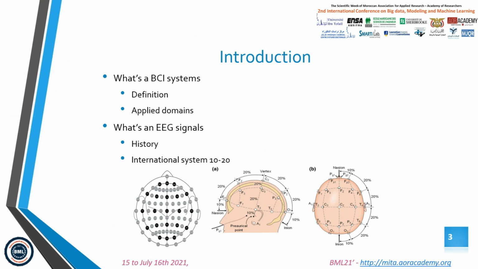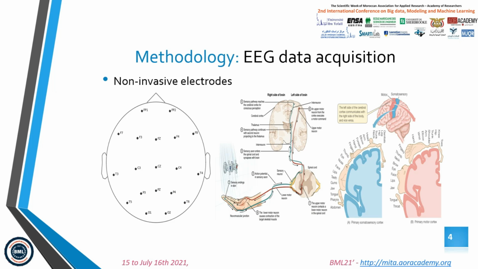The first acquisition was done by Hans Berger in 1924, such that the position of the electrodes follows the international 10-20 system. 10 indicates the angle between the nasion and frontal lobe and between the inion and the occipital lobe, and 20 indicates the 20% between the different lobe centers. So, in this work we have used the Project BCI dataset. This dataset is acquired using the NeuroFax device, positioning 19 electrodes on the scalp.